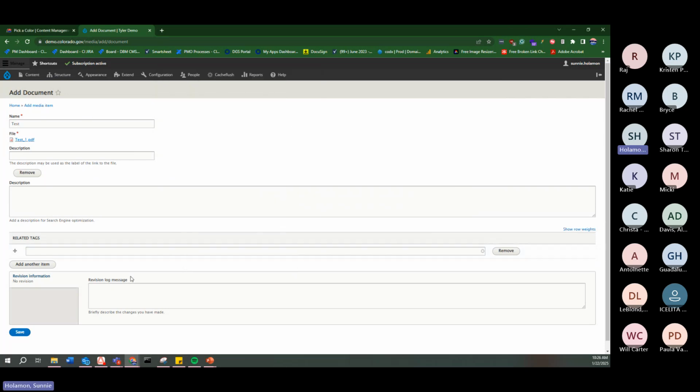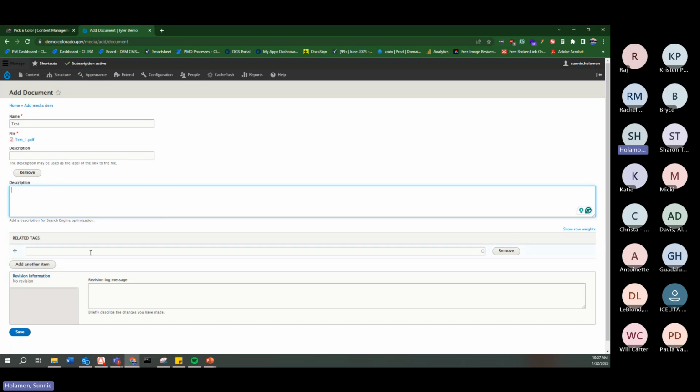And there's also additional fields. You can call it good after this. This description is just adding a label to the file link. This description helps with search engine optimization. So going back to how it's powered through Google, Google loves keywords. If you happen to have a document that is super technical and maybe has some layman's language in it, I would include stuff like that in here, things to help make a document more accessible for the public to find, because not everyone's going to know the acronym, not everyone's going to know the full thing. But if you know that there is a nickname for something, you can pop it in here and it will make the document